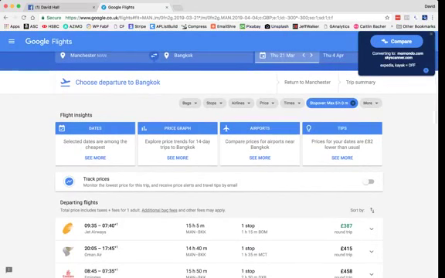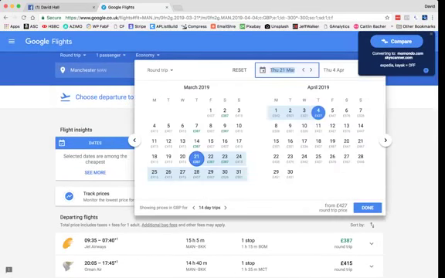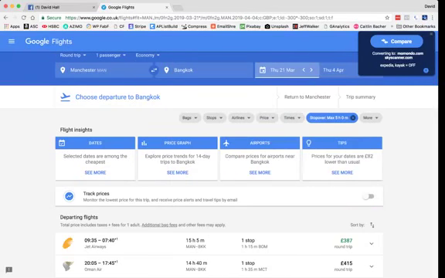What I would do at this stage is, because I've found the cheapest dates for my needs, there's no other dates around here which are lower than 387. What I would do is I would take the route Manchester-Bangkok and the dates 21st of March, 4th of April, and I would do a search on that route and those dates using one of the other search engines,